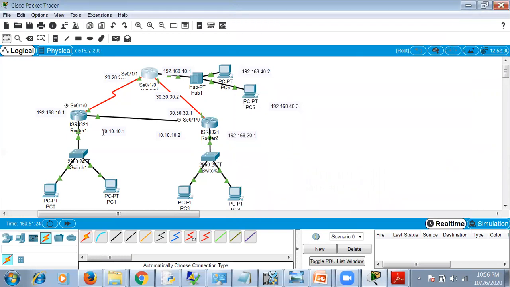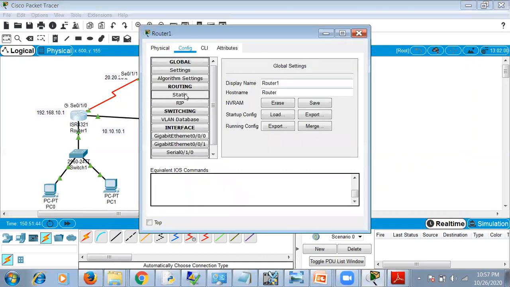Now we have to give the static routing. Because we have the third router, the next hop, say PC0 has to travel to PC6. So there are two routes. Either you can go in this route or you can go in this route. So go to static routing.